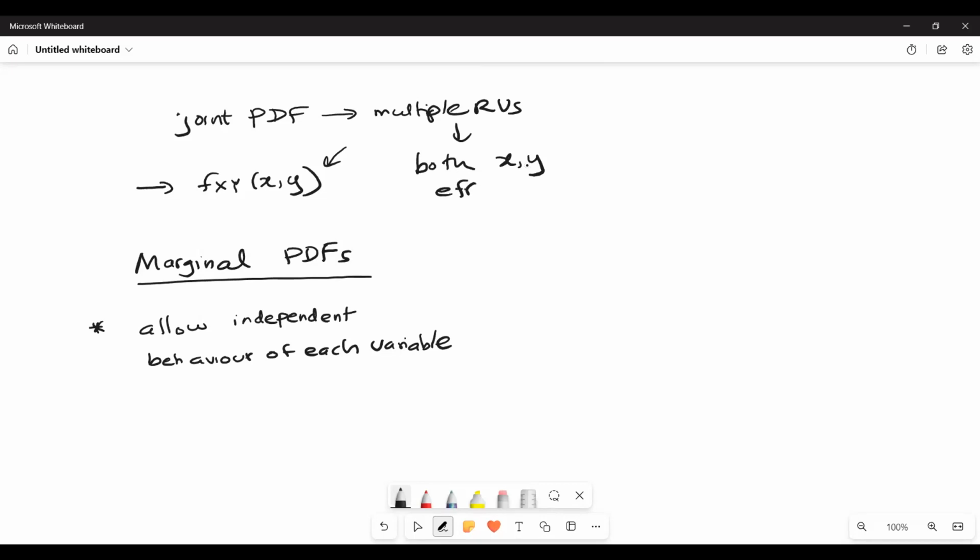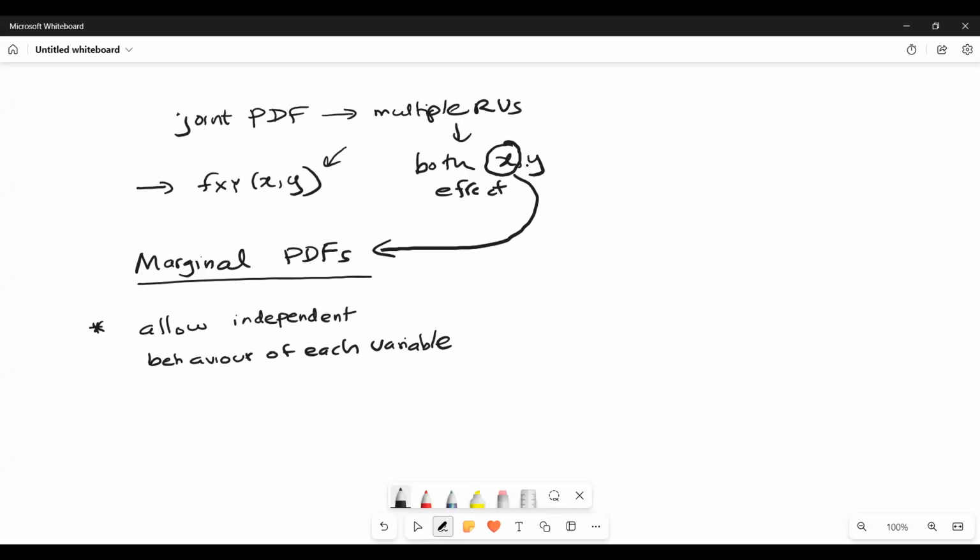So in that case, if we want to find the behavior of one specific random variable, then we need to consider the marginal PDF. If I want to extract and study the behavior of X only, and I want to study the probability of X occurring, I want to consider the marginal PDF of X,